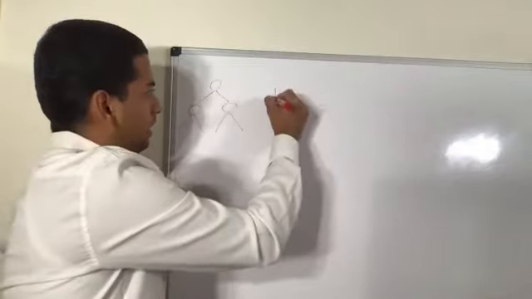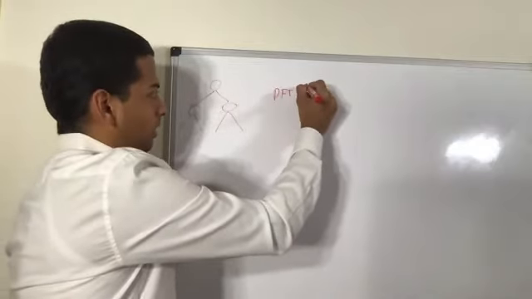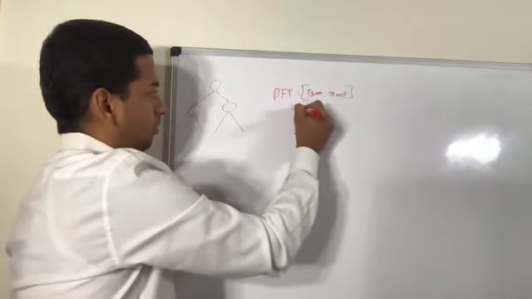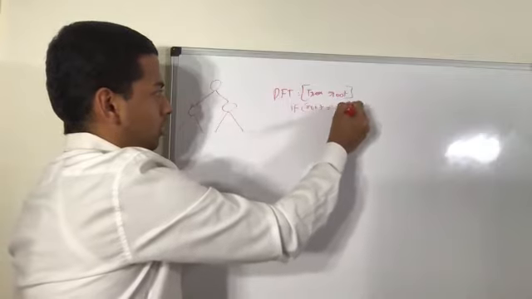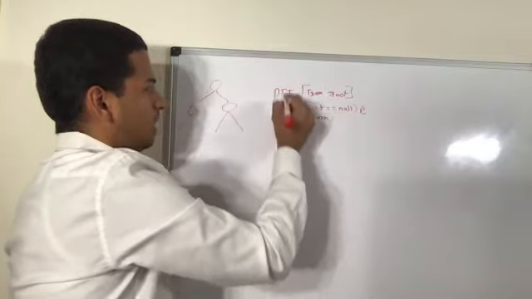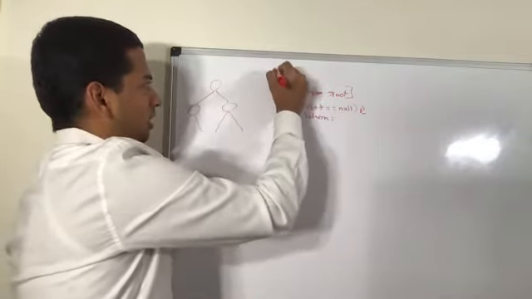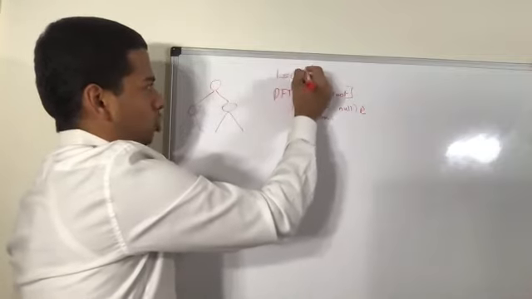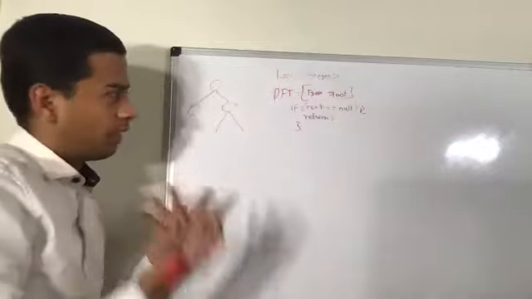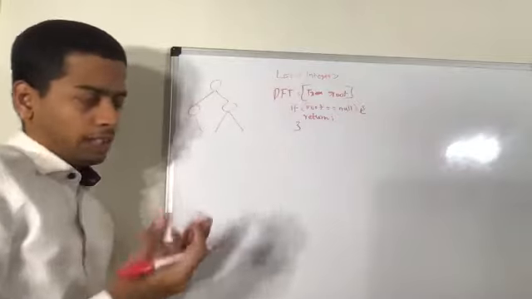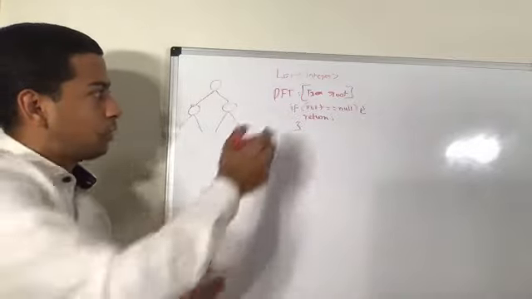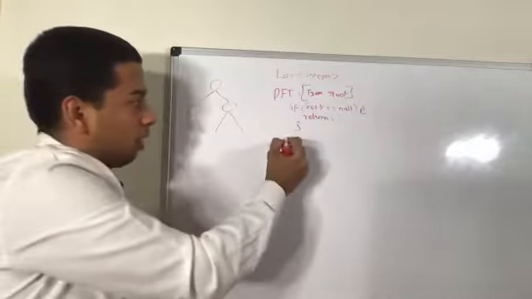So the DFT, which is depth first traversal, takes the tree and its root node. If root equals null, simply return. I'll declare maybe a list here, or I can do a SOP. I can use a list of integers to add everything to a list, or I can simply do an SOP.